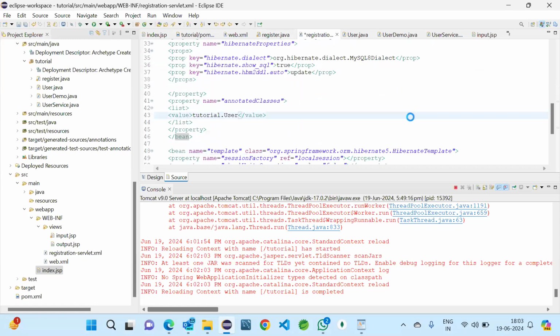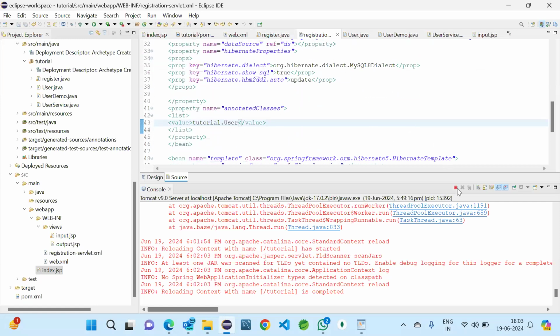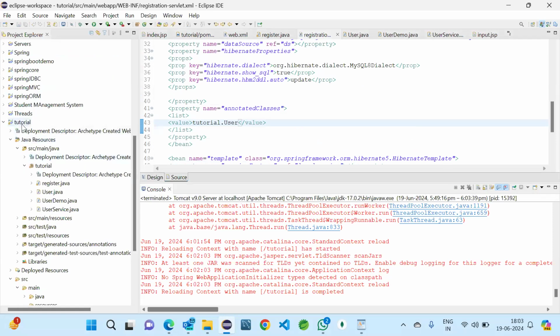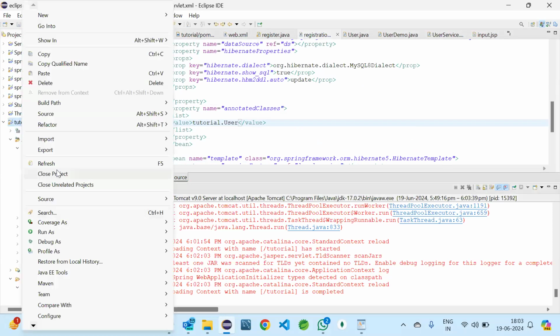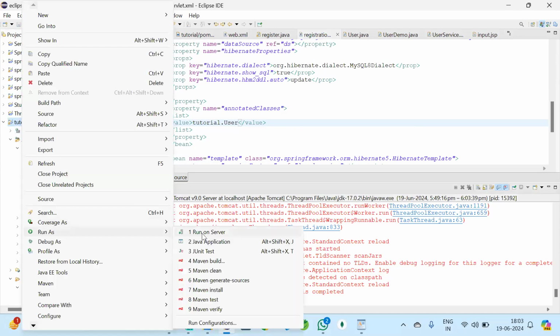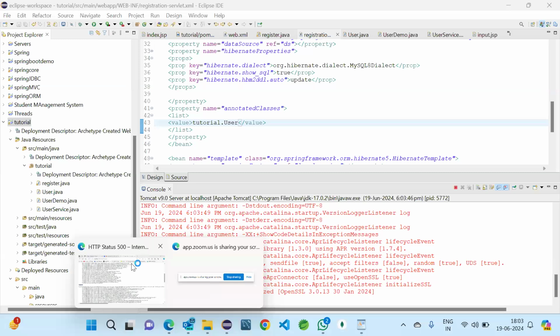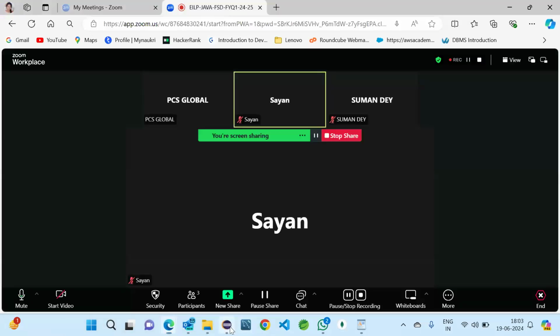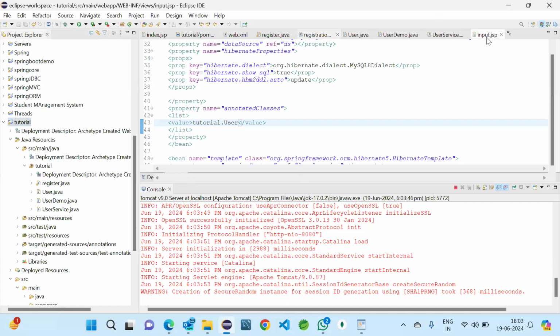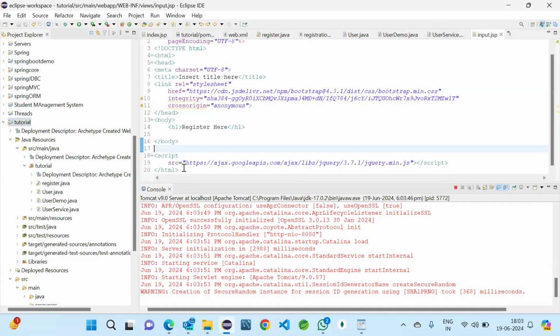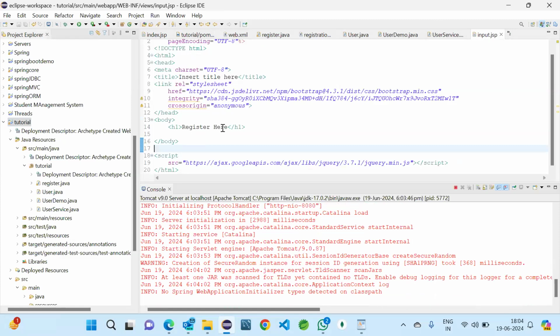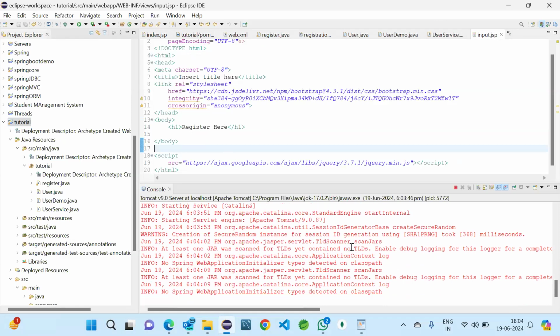Yeah, now save this, and we need to restart the server. And then we have input here. So if we are getting this register in the slash register path, after that we try to write the form. That will be easy once we get the output there. So let us wait for this execution.